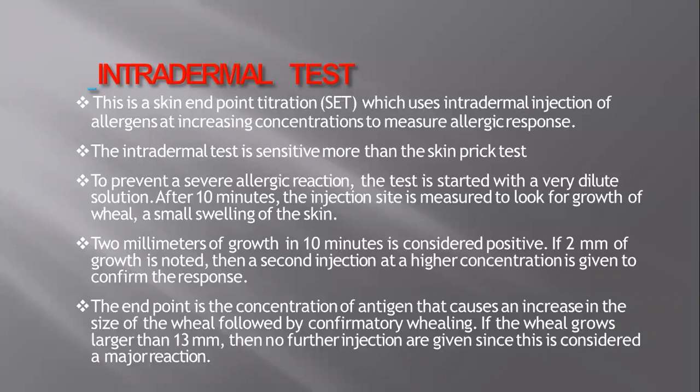At the first dose, we'll be waiting for 10 minutes after injection. Then we'll be measuring the site. The site is having, for example, 2 mm of pump size. The pump will be produced over the injected area, and the injected area's pump size, or the wheel size, is 2 mm, which indicates the individual is having a positive sign within 10 minutes.